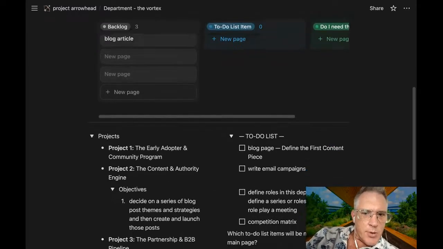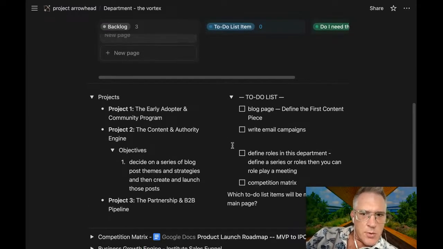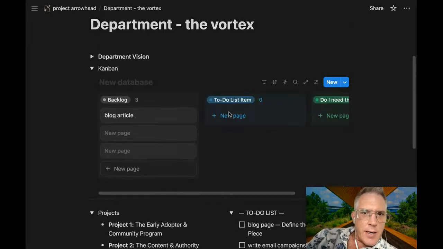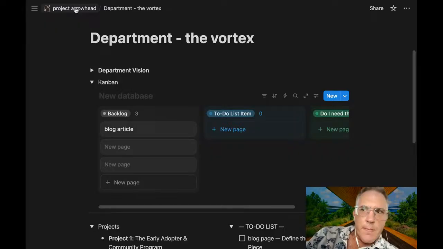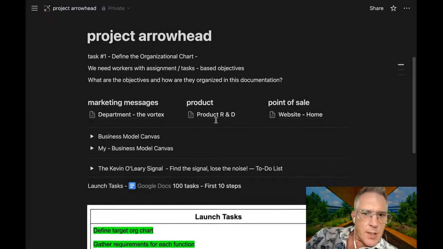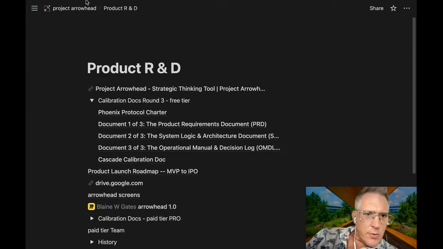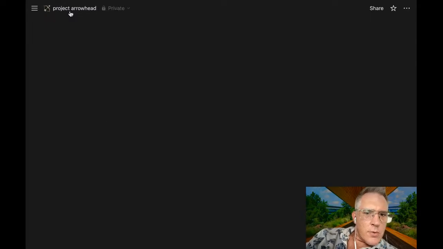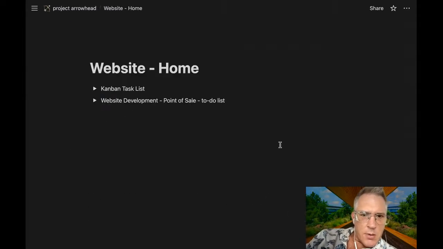So we need to get back to the blog article, blog page, to find the first. All right. Now this is actually a good point, because we need to fix that point of sale.